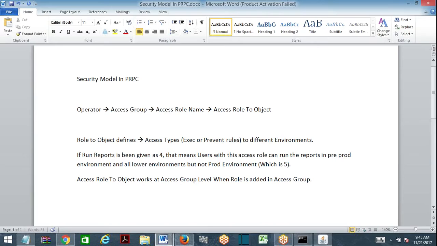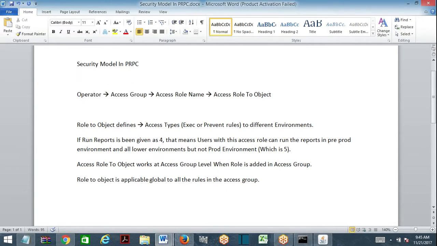That means role to object is applicable globally to all the roles in that specific access group, which is defined by that access group. So coming to privilege.